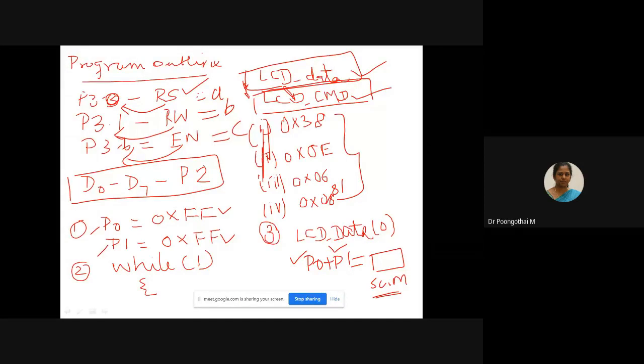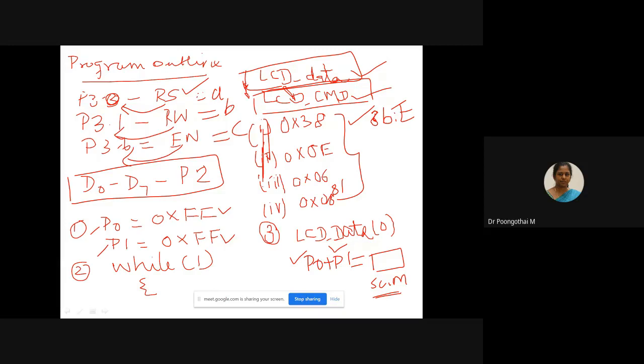These initial commands we need to send to the LCD so that our LCD is prepared to receive any data. These 4 steps are mandatory to display a character on LCD. The first command is 38. This command is for setting our LCD in 8-bit mode. Please note it down, this is very important. Since we are connecting 8 data lines to P2, we have to configure the LCD in 8-bit mode. This command sets the LCD in 8-bit mode and generates a 5x7 matrix.